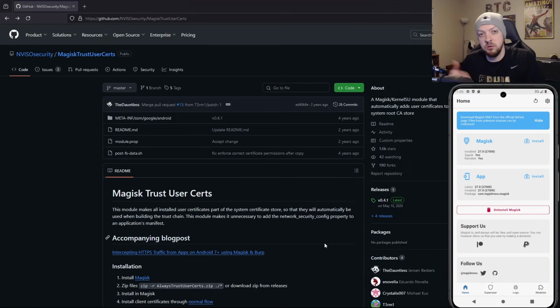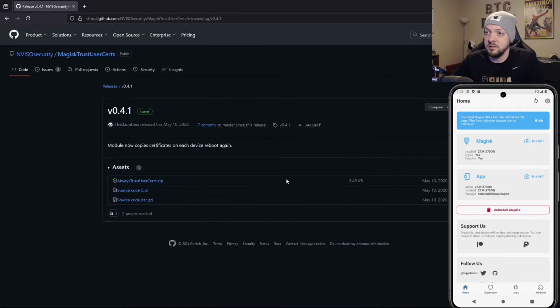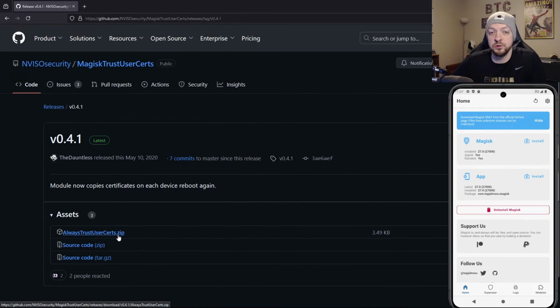And I've talked about it on this channel in several videos in the past, but in order to actually intercept traffic with your Burp Suite proxy, you need to install that certificate on the device. But modern versions of Android don't actually work with user certificates anymore, so you have to have that certificate installed as a root system level certificate, and it can be a bit complex to get that certificate set up as a system level cert. But fortunately, we have this Magisk Trust User Certs module that does all the hard work for us. So we're just going to go to this GitHub page that I'll have linked in the description down below,